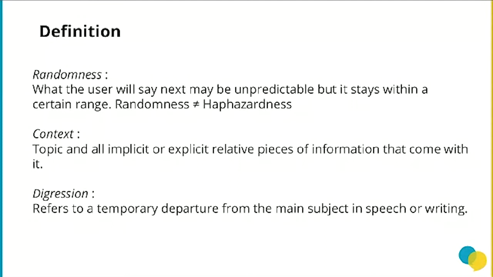Like when you go from one topic to another, that's called digression. So you have to catch that as a chatbot. You have to understand that the user is not talking about the same thing. And at some point, the digressions end, and you need to catch the fact that you're going back to the